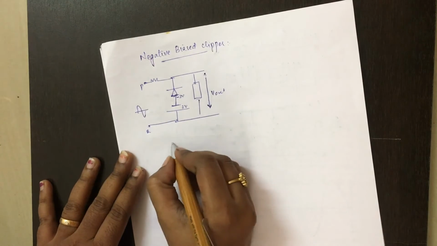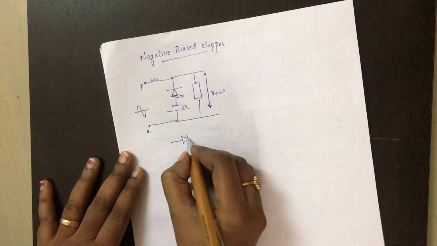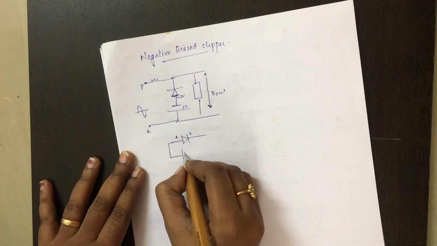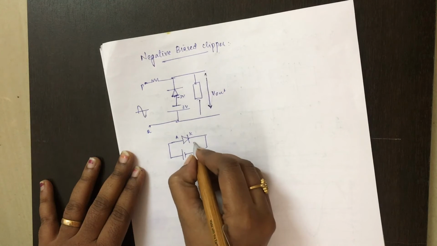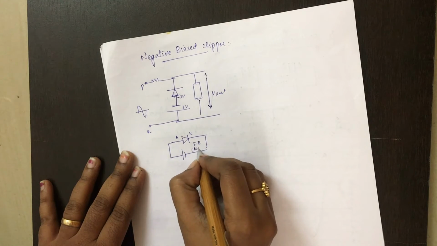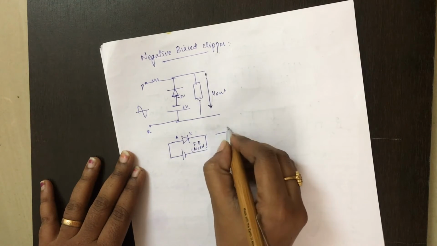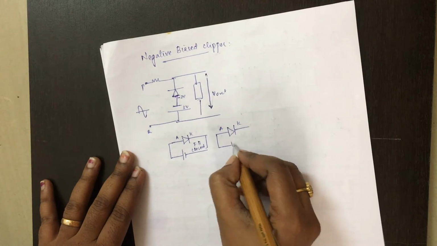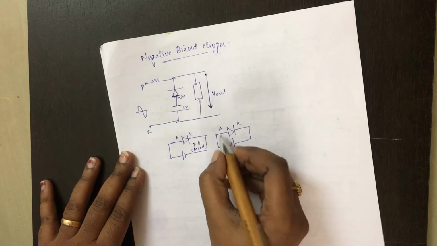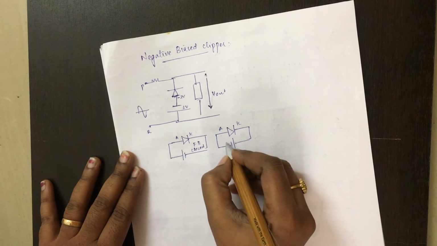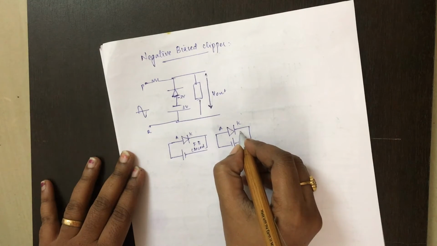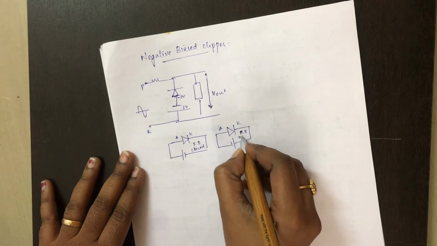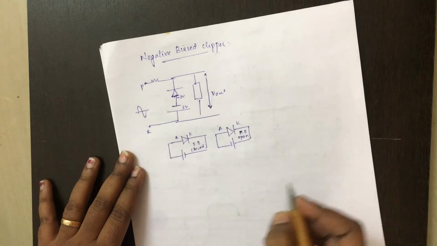So I'll draw the same circuit. Anode, cathode. Anode is more positive than the cathode, so this is forward bias and closed switch. Next is anode, cathode. Anode is less positive than the cathode. This anode is connected to negative of the battery, so this is open switch. That is reverse bias, so diode will act as an open switch.